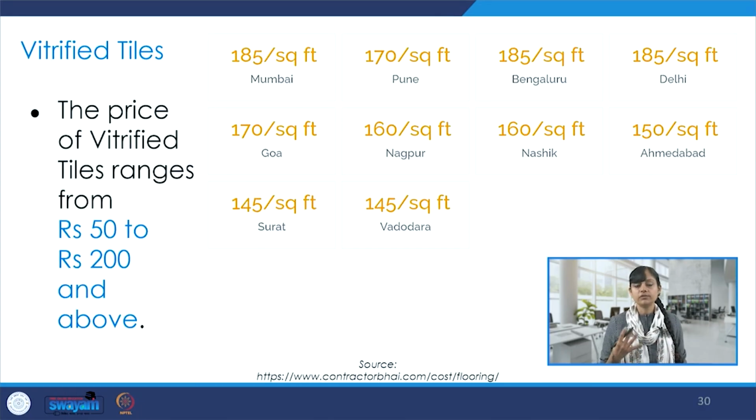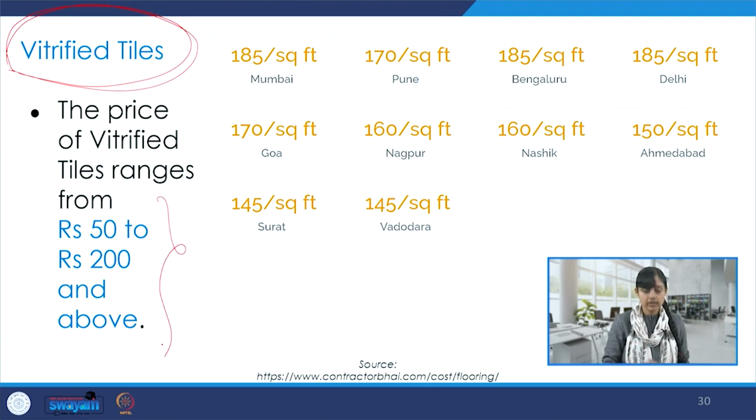Then we talk about vitrified tiles, which are used very popularly and commonly in interior architecture projects of all typologies. So whether it's residential or public buildings or institutional buildings, we see a lot of use of tiles. And I'm specifically talking about vitrified tiles. And we could see the price ranging anywhere from 50 to 200 and even above, depending on the detailing and the finish. And city wise also, sometimes the prices vary,